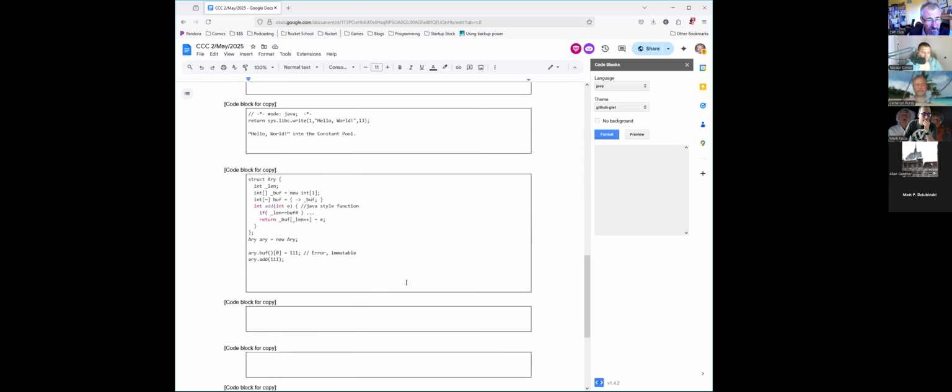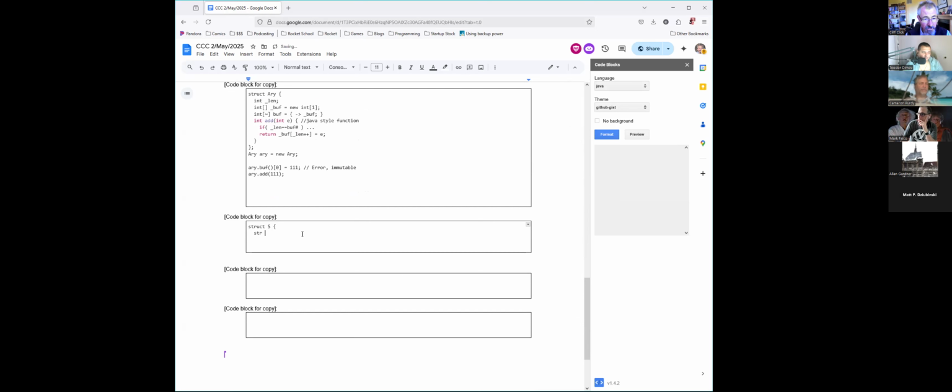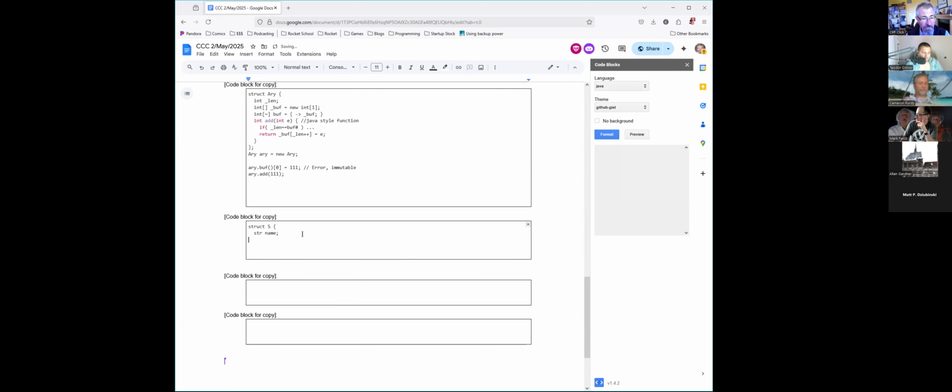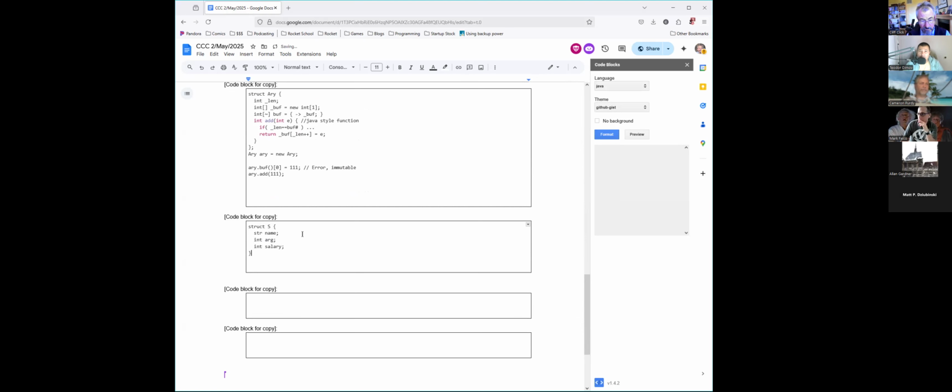Let me scroll down here. Struct S has a field. It's a string field, name, and it has an int age and an int salary, whatever. I don't care. I can't type. And will you pass that by value, or do you care? I don't know.